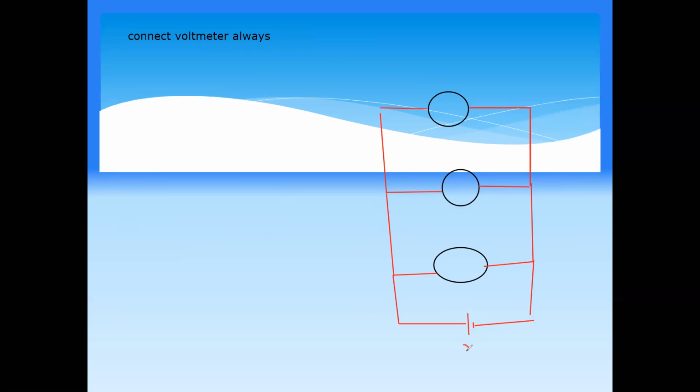So if the supply is 3 volts, how much voltage is across lamp 1, lamp 2, and lamp 3? If they are all in parallel, if the voltage of the supply is 3, what is the voltage here? Because they are in parallel, this will be 3. What is the voltage here? 3. And what is the voltage here? Also 3. So whenever components are connected in parallel, they will have the same voltage. But if the same 3 lamps I connect in series with each other,